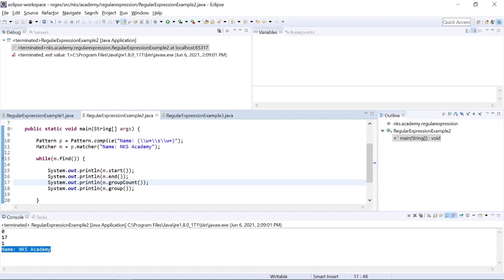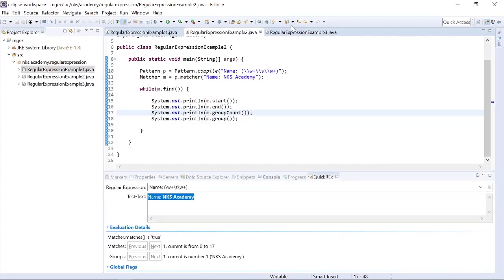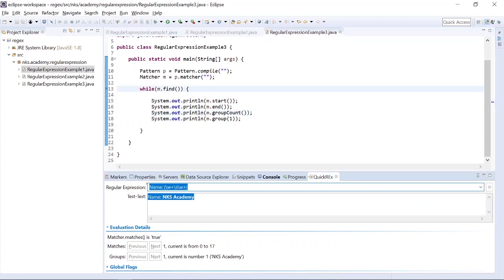Okay. Now let's move to the third example. I will switch to the Java perspective and I will go to the third example. Now we will change the regex and I will change the text also. Suppose I am giving tutorial here and I am giving regex. I am writing a regex to capture this tutorial \s and then in the group \w+. Okay, now it is matching regex and it is having one group, one match.